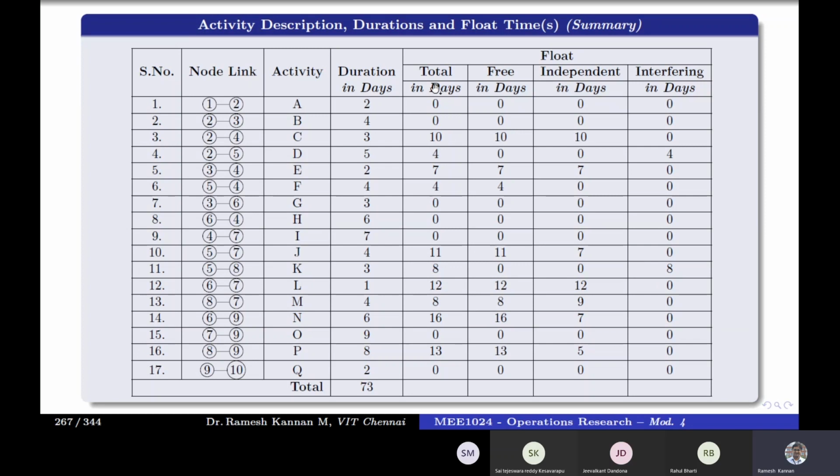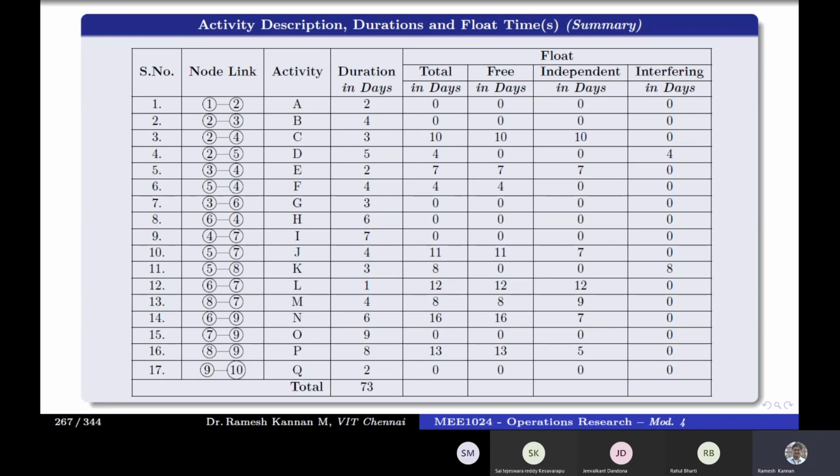So this is a very, very important thing. Whereas free float, independent float and interfering float are not project management parlance. They have much application in computer processing. But our importance is calculating the total float. In an exam, if it says determine float, then it is the total float, unless otherwise mentioned, such as find the free float, independent float and interfering float. All floats correspond to the total float. Another important thing to note is that sometimes you get an independent and interfering float to be negative, but float cannot be negative.